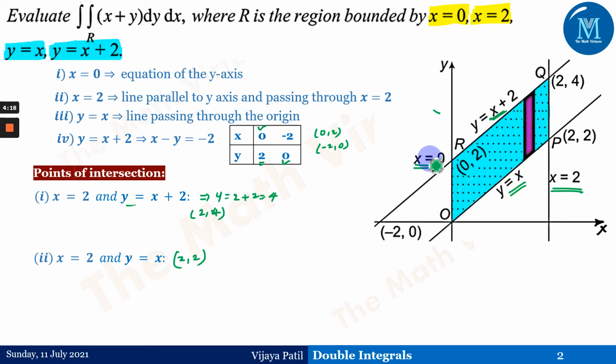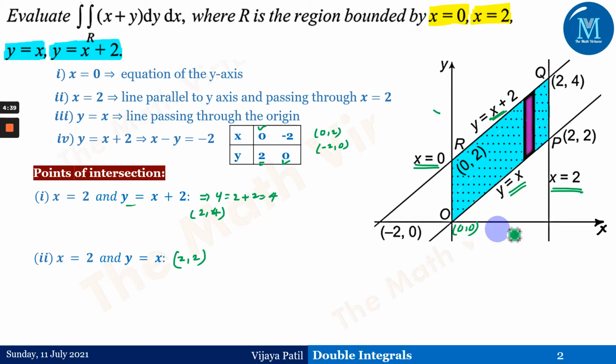So these four curves have been drawn in the plane, and after that, according to the points of intersection, we can mark them over here. So this is the origin, 0 comma 0, as a point here. So point O is 0 comma 0, point P is 2 comma 2, that is the intersection of